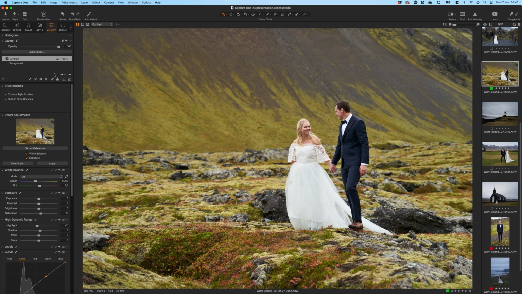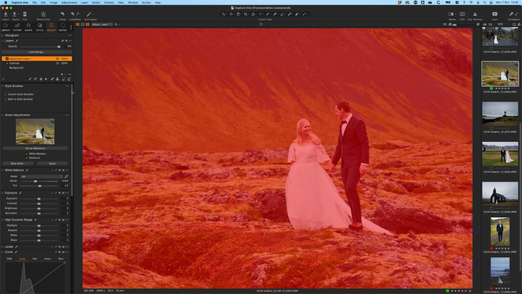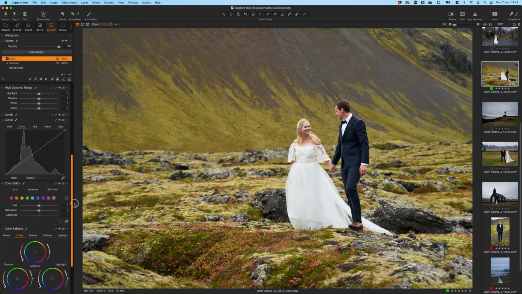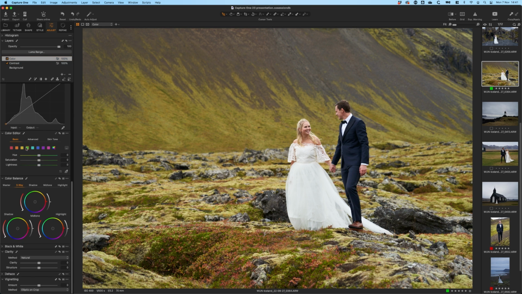Instead of doing that on the same layer, I'm going to be creating a new filled adjustment layer. So if we see M, there is a mask covering everything. Here I'm going to be doing my color adjustments. And I'm just going to be doing some very simple tweaks, so saturating a little bit of the greens and just some color balance, where I'm going to be tinting the shadows a little bit cooler and the highlights a little bit warmer. Nothing too crazy, just something that we can reuse and that we can apply to the whole